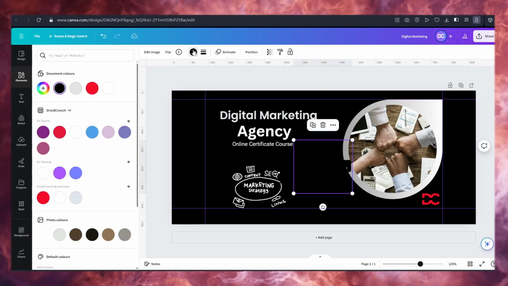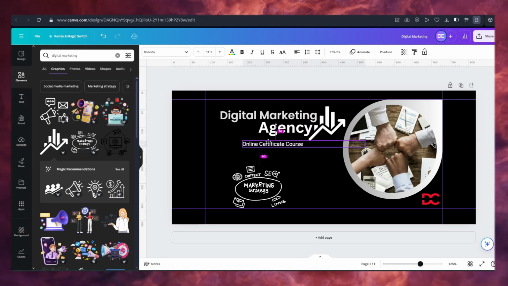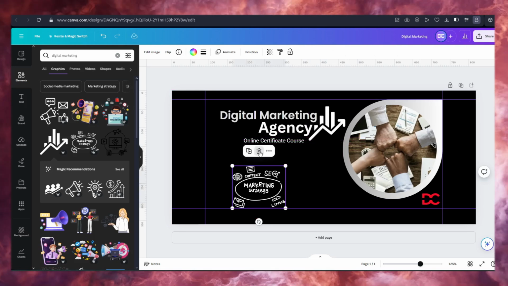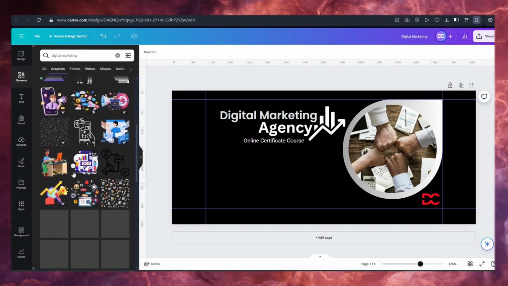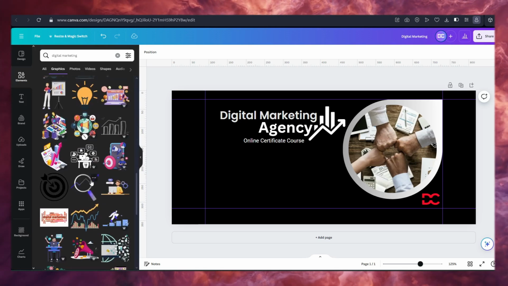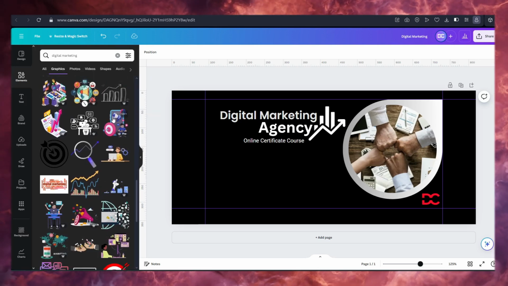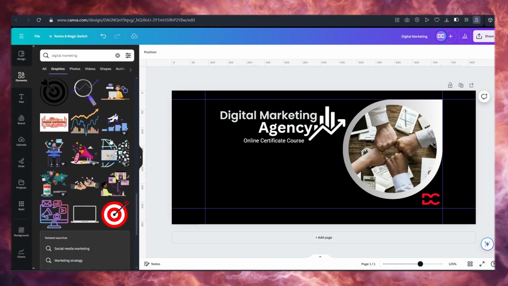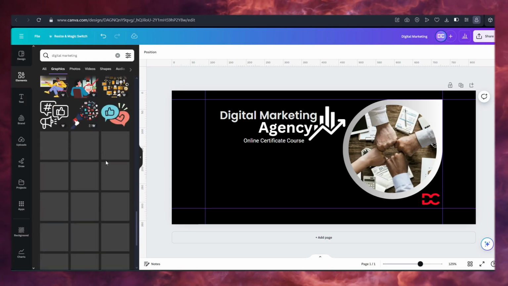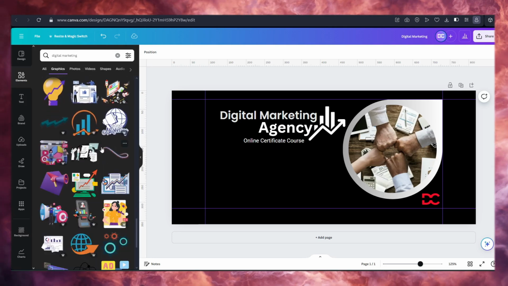See, to make it look a little bit more appealing, I have done this. As I'm not liking this exactly, I'm deleting this for now, and I'll try out some different graphic. There are plenty of options. Some options have a pro written on them. That means you'll have to buy the paid version of Canva to use them, and if you don't have the paid version, the good thing is you are still getting many good options of graphics. As you can see, there are plenty of options in the free version also, so you need not worry.